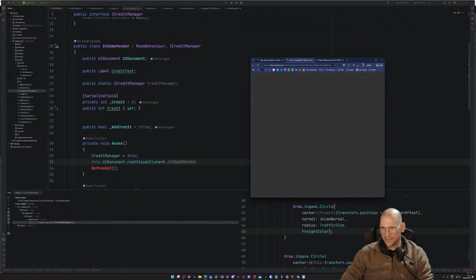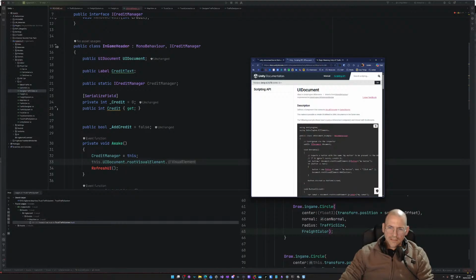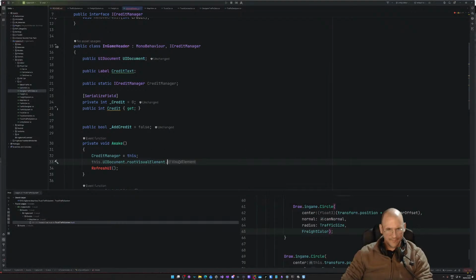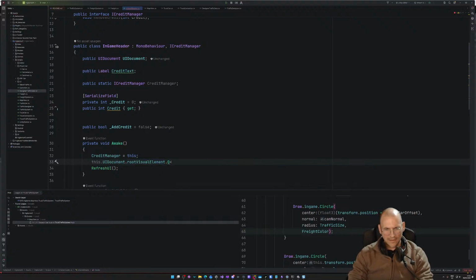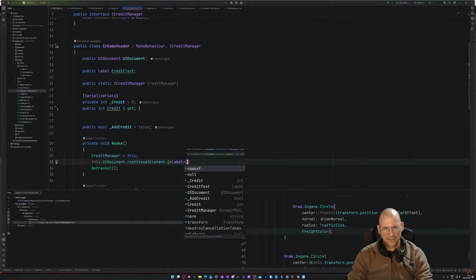UI document probably has an example to it. So document Q. Okay, query dot Q. And now inside of this one, it should be a label that we're going to pull back, and it wants the name